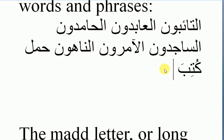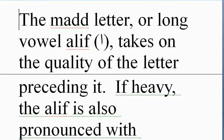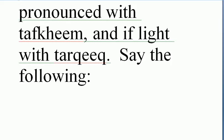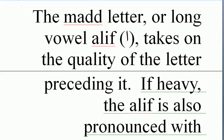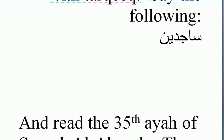The med letter or long vowel aleph takes on the quality of the letter preceding it. If heavy, the aleph is also pronounced with tafkhim, and if light, with tarqiq. Say the following. ساجدين صادقين كان قال